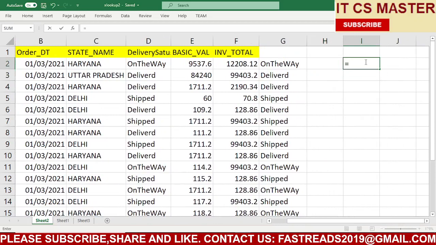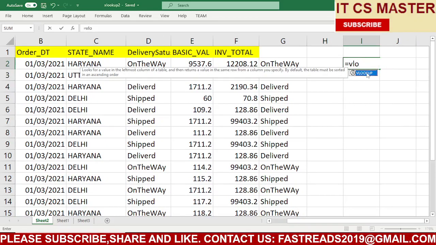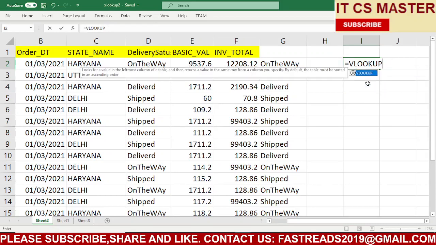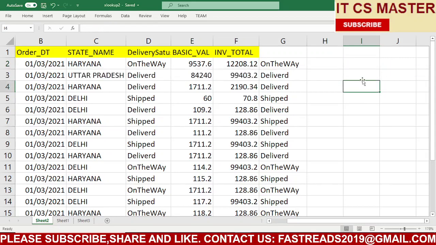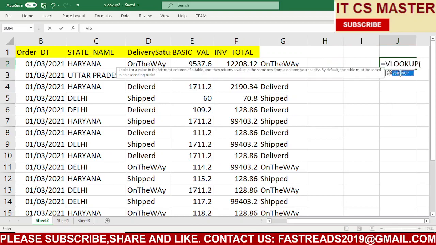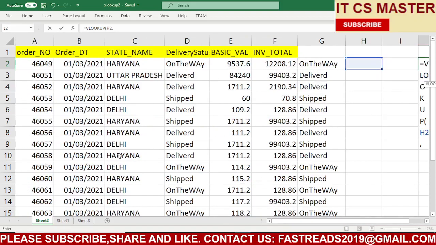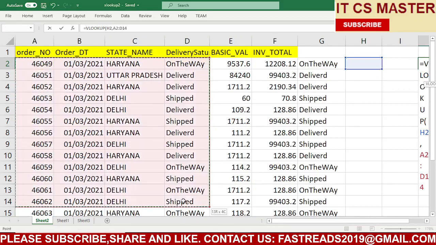Here I write VLOOKUP, and I take the lookup value this one. Then the table array range: suppose I want values from that range.